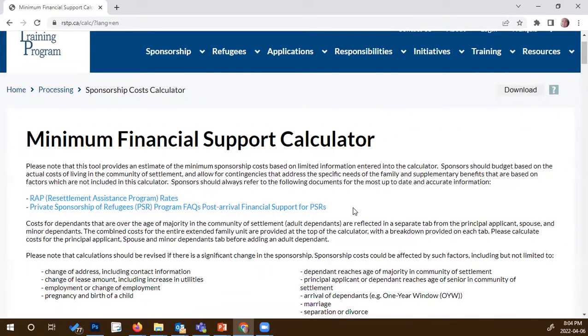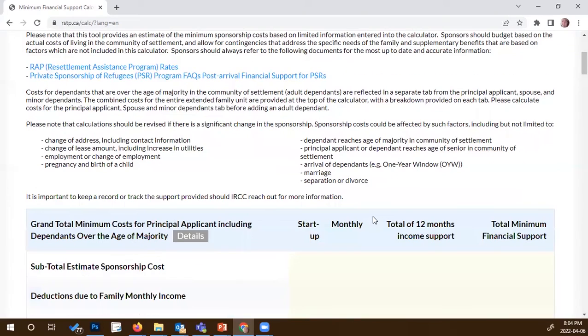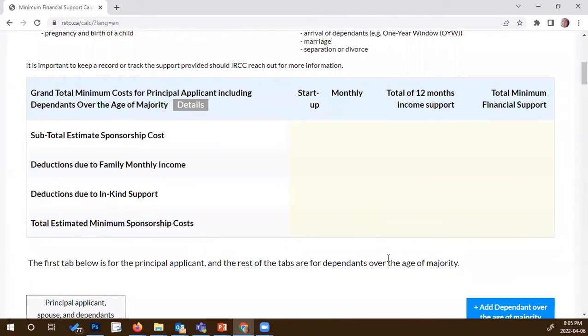You, of course, will need to account for any case-specific allowances that you might need to include that are not being calculated using these calculation tools. They are calculating, in general, a pretty close estimate for the amount of money that you'll be required to provide to the refugees upon arrival. So if you scroll down, you're going to see the summary section I talked about. And of course, we haven't done any calculations, so we're going to pass that and we'll come back to it in a little bit.